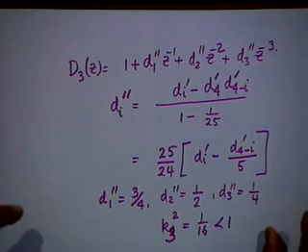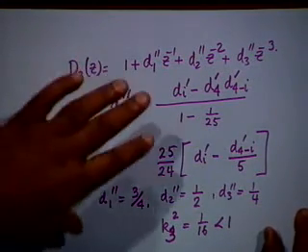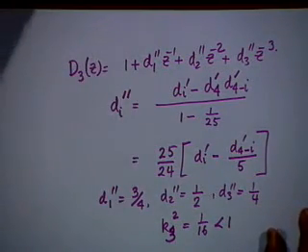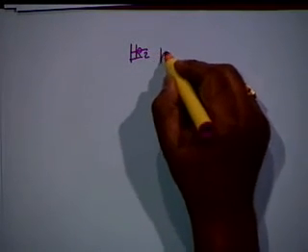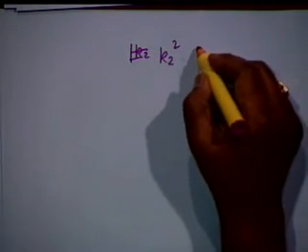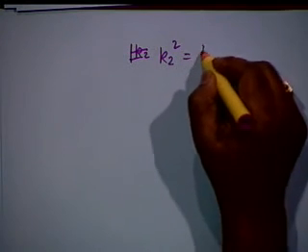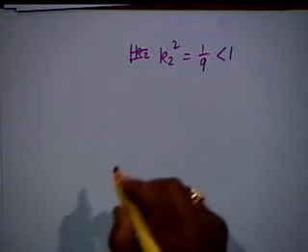The algorithm is clear now? Yes. There are many shortcuts. You don't have to do the algebra. All you have to do is to find the coefficient, but you have to keep track. Now, if we continue the test, I have completed. If we continue the test, then you get K2, I beg your pardon, K2 squared is equal to 1/9.